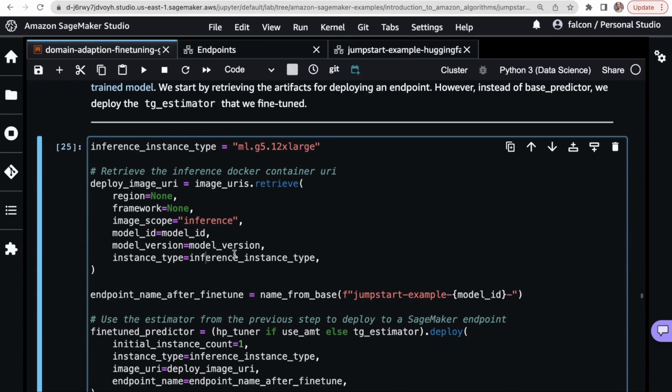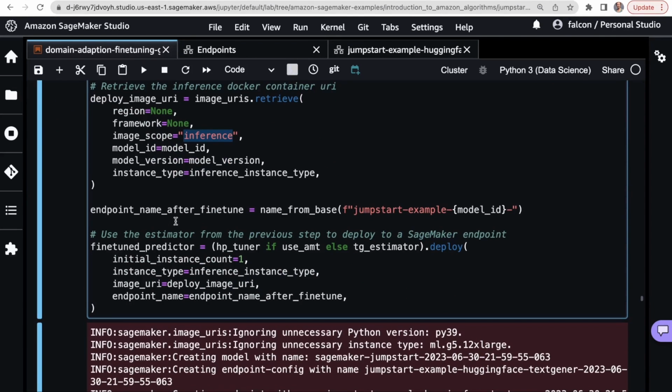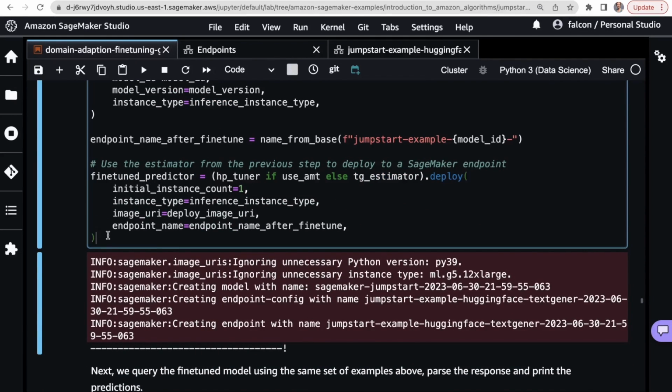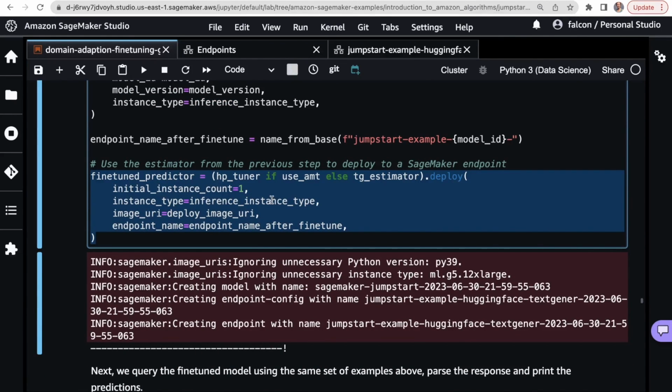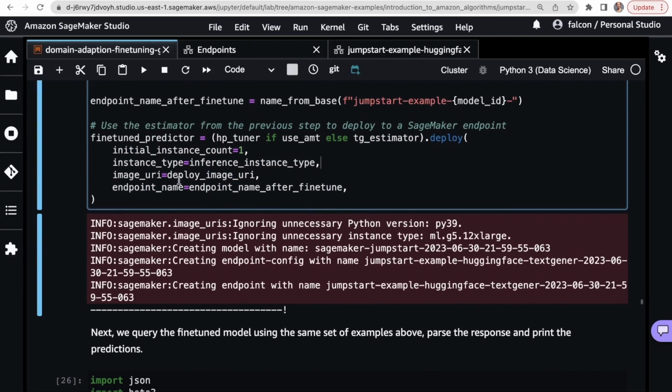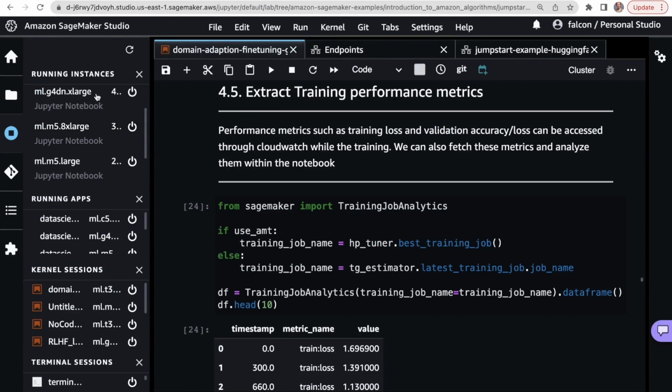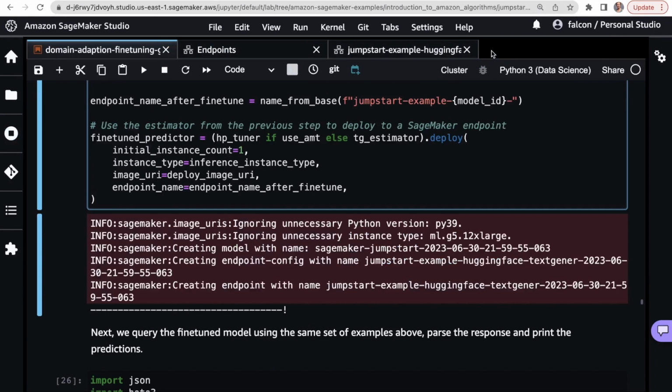Especially CPU or GPU matters, and it of course matters for what accelerators you're using. And then the scope, so inference versus training. We'll get a new endpoint name, and then we'll create this fine-tuned predictor. Then we can validate that that indeed exists.